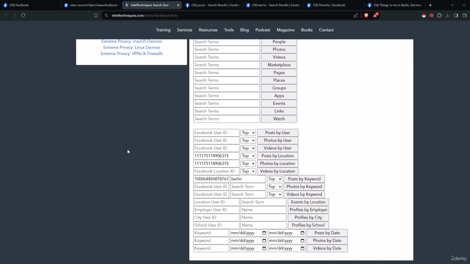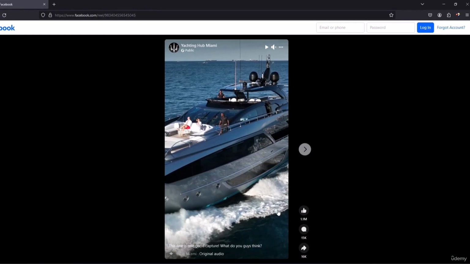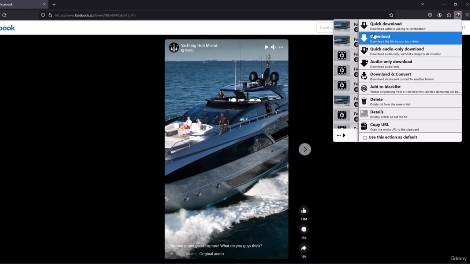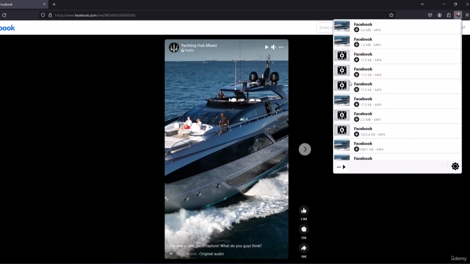Oh, and one more thing, in case you need to download things from Facebook, photos are rather simple, as here we can just do right click and save the pictures, but for videos or reels, for example like this one, we have the extension we introduced you to. So pretty much you just click on it, it will detect the video. If not, you have to refresh the page and you can click on the little arrow pointing to the right and you can do a quick download. Also, if you want, there's an option to go with different quality of the video.